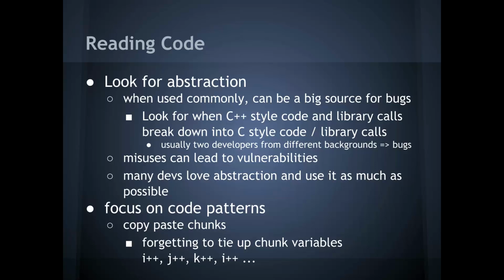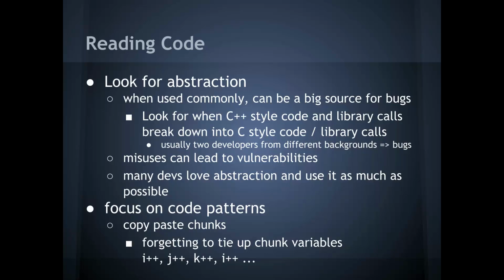Something I saw on Twitter, which I've tried to start using more in my own code auditing, is to look for when C++ style code and library calls break down into regular old C style code. That usually indicates that one developer has handed a project to another, they have two different backgrounds, and they're likely to do some stuff buggy. Also, misuses of abstraction can lead to vulnerabilities, and things like JavaScript can lead to type confusion,